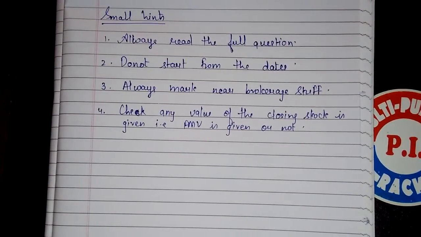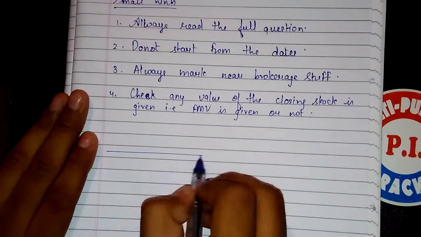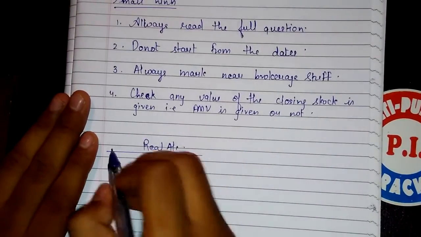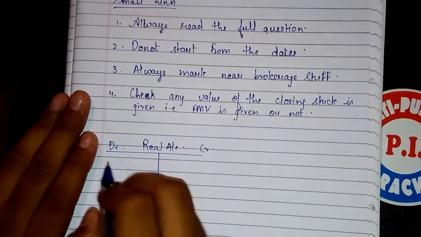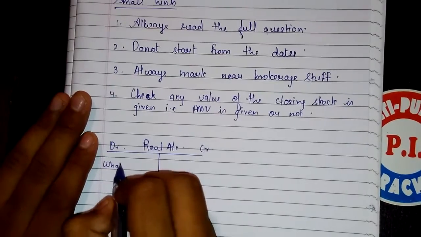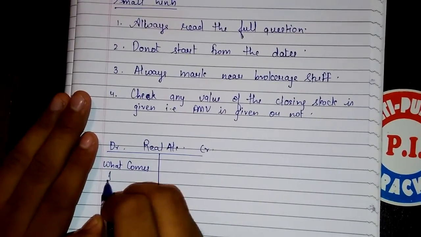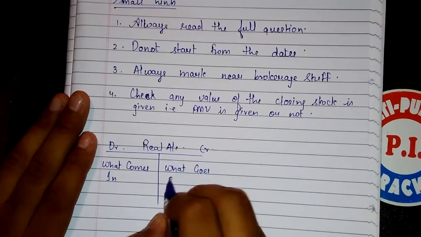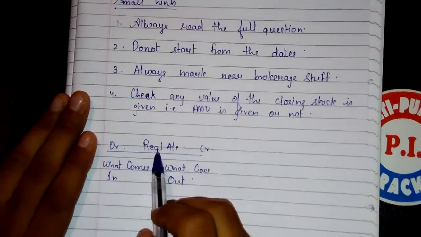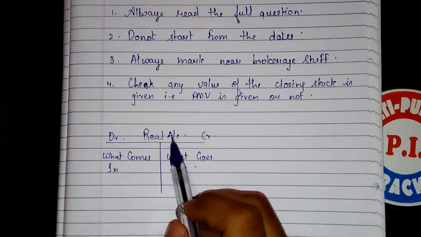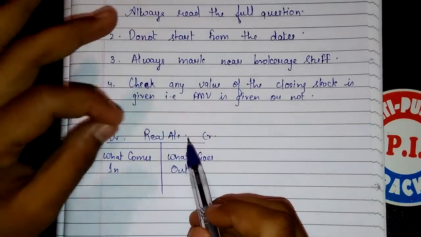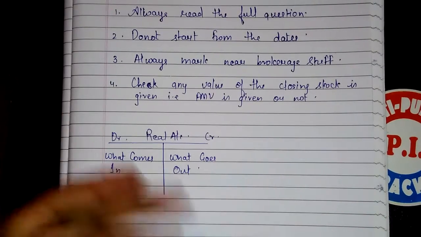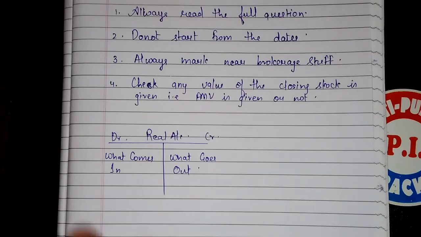Now, the most simple thing I want to share with you all, the golden rule in a T format. Real account. Real account means assets, debit and credit. Debit, what comes in. Credit, what goes out. So simply understand, real means assets. Real means capital assets. So if you don't understand real account, please pick up your 11th standard book and see what are real accounts. I won't be teaching what is real account over here. I'll be teaching golden rule.